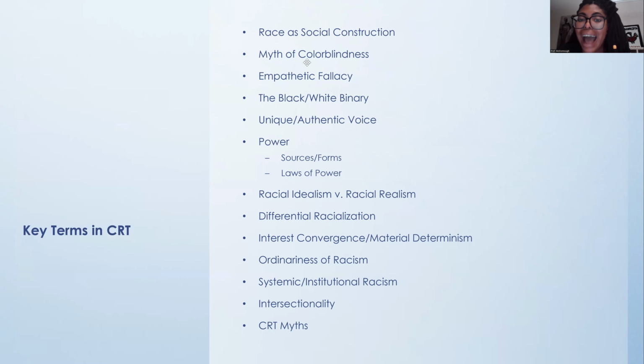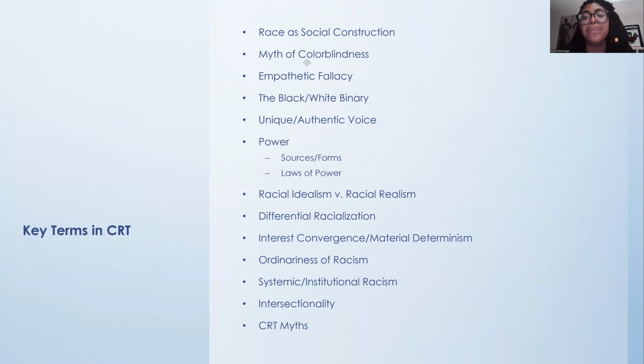Specifically how that relates to the empathetic fallacy and why those two ideas are highly problematic and what the criticisms of those ideas are. You need to know about the black-white binary. If you didn't read chapter 5 on power in Delgado, you need to go back and look at that, the idea of the black-white binary and how that reinforces white supremacy and how that gives more power to those who